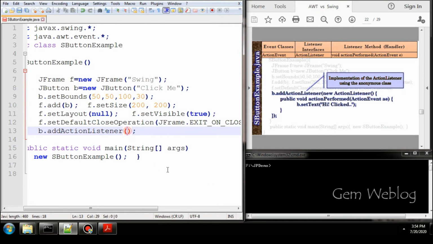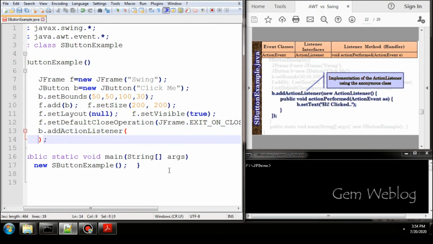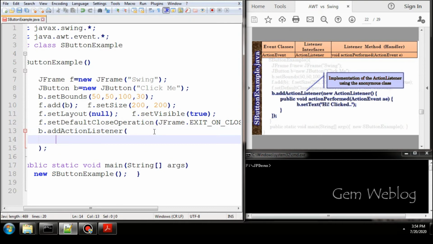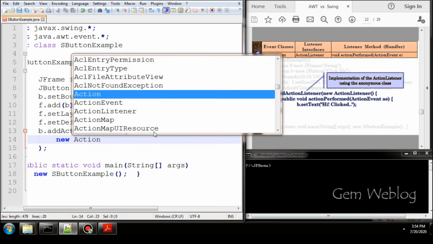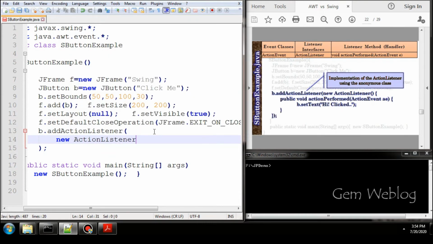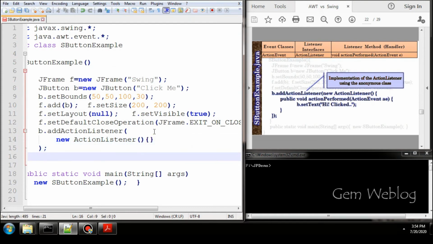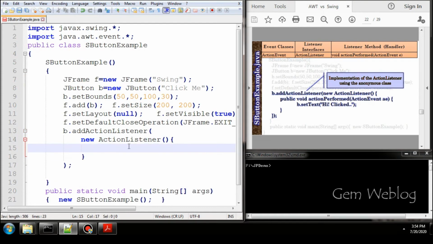Since addActionListener will receive the object of the corresponding listener, you have to create the object using an anonymous class, ActionListener. So inside it I have to override the methods that are available in the listener interface.